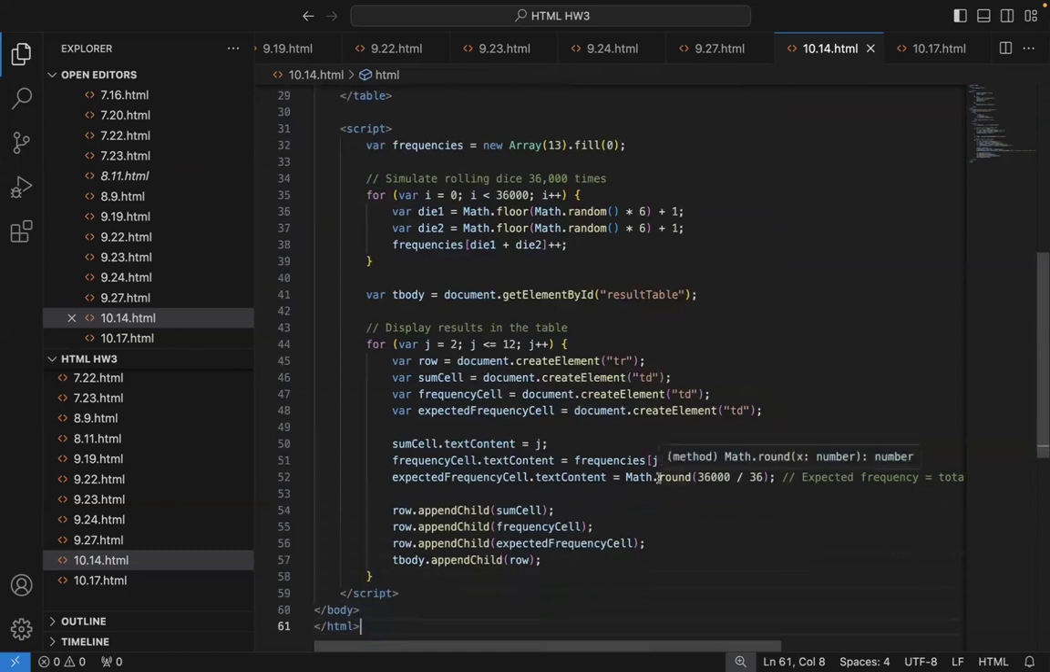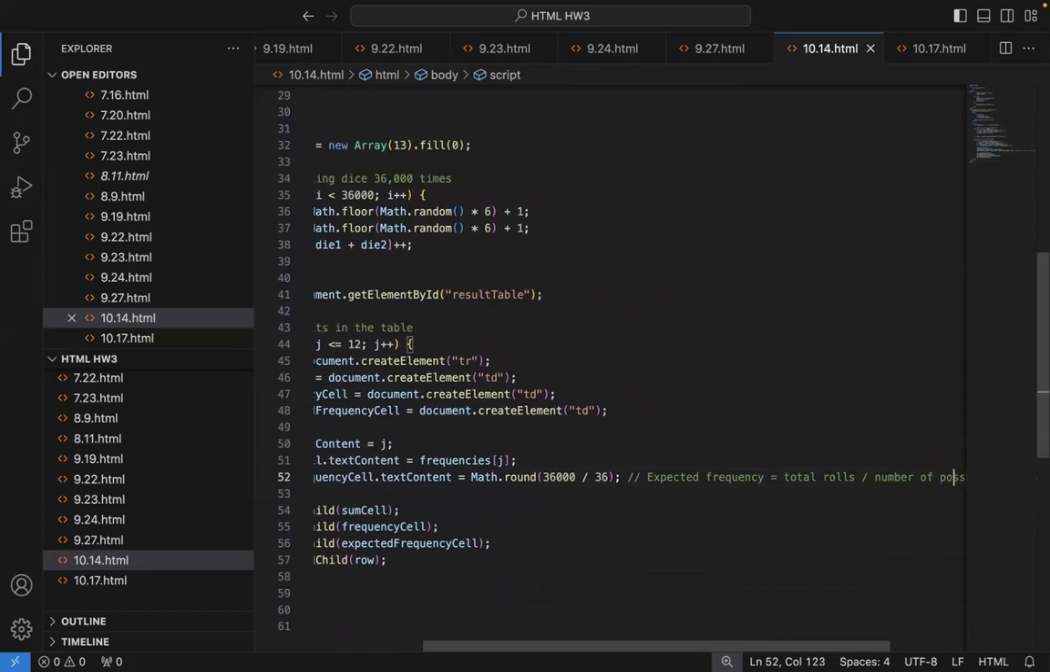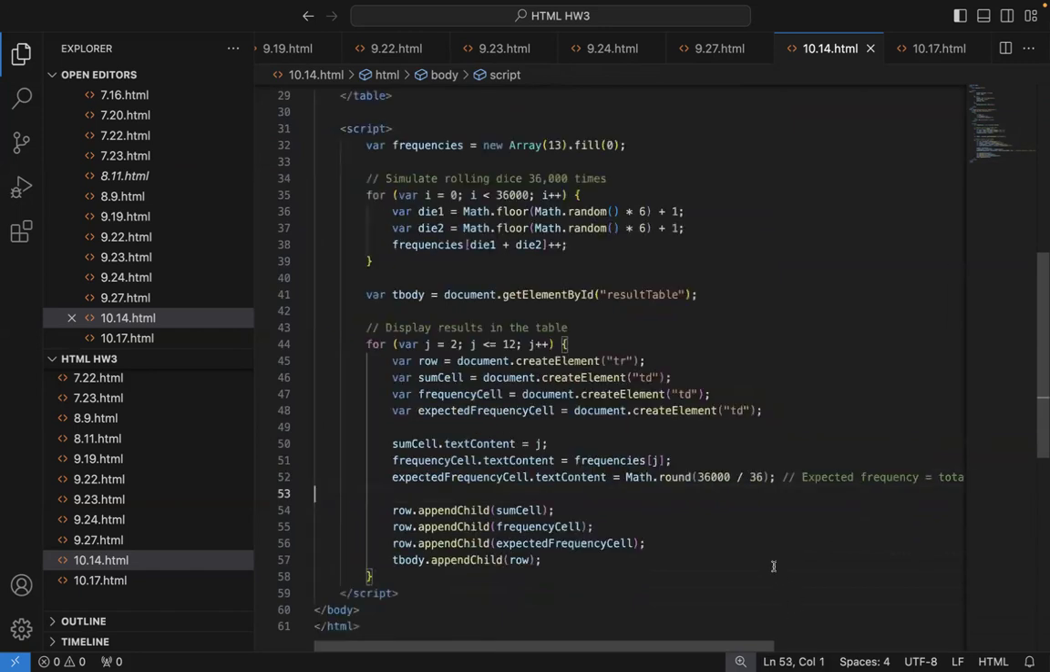And then the sum cell dot text content, frequency cell dot text content equals frequency, and the expected frequency will equal the total rolls divided by the number of possible outcomes. So row appended child, frequency cell, the expected frequency cell, and row. So when we run this,